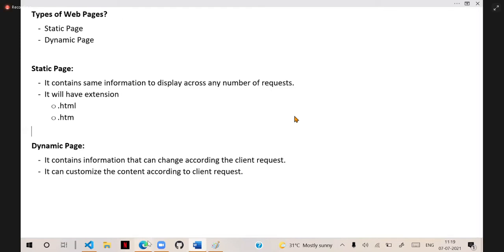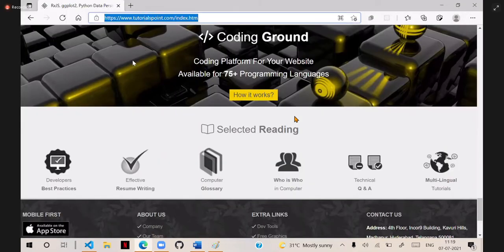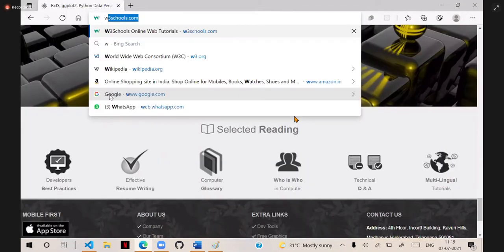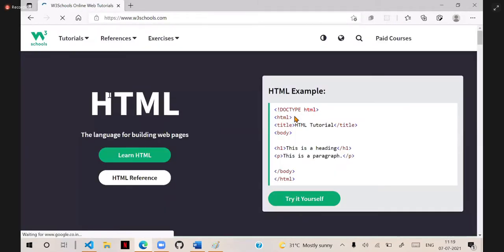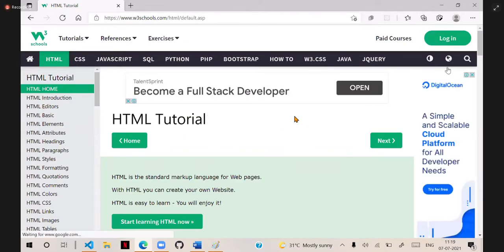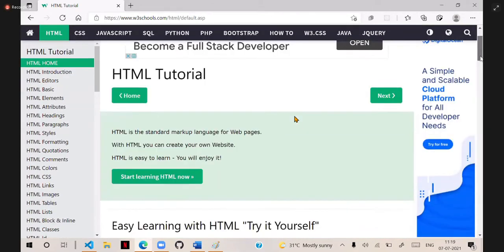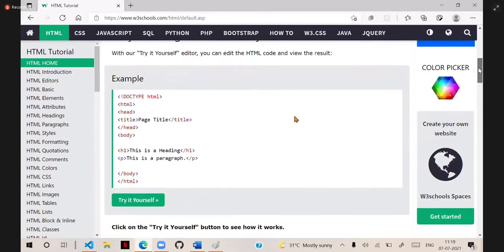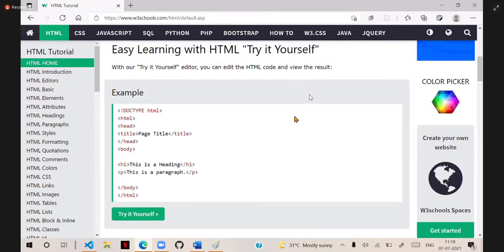For example, see, I opened some W3Schools and I opened some learn HTML page. Now you see here, is this page the same for everyone? When anybody goes to HTML, is this page the same?